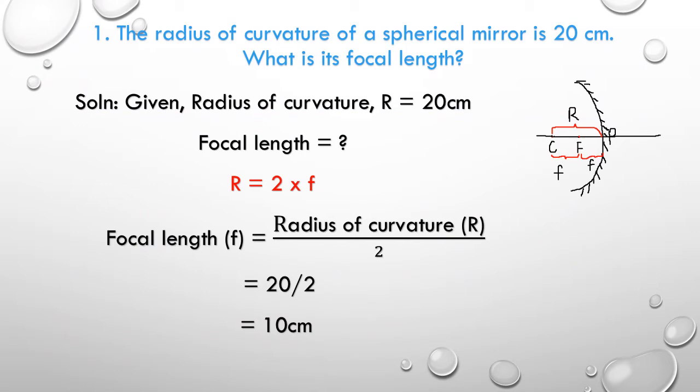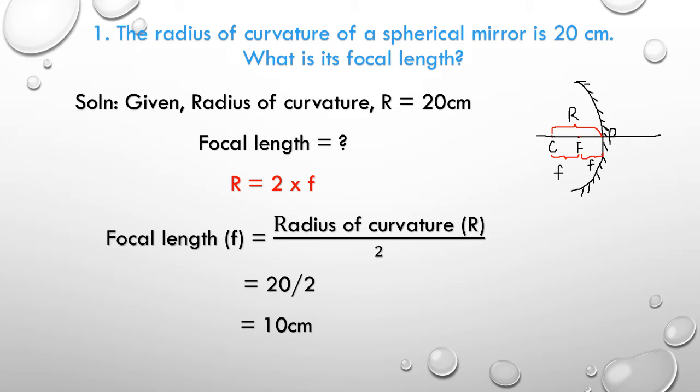The first numerical: the radius of curvature of a spherical mirror is 20 cm. What is its focal length? Given radius of curvature capital R is 20 cm. That is the distance from the center of curvature to the pole of the mirror. Since the principal focus lies exactly midway between the center of curvature and the pole, the distance from F to P